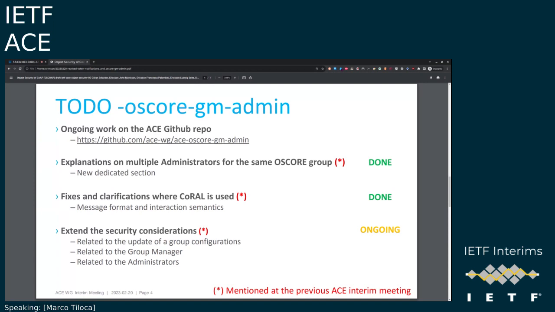I've completed a number of things, especially adding a new section discussing a number of considerations about possible multiple concurrent administrators responsible, even if to different extent, for the same OSCORE group under the group manager. And I managed to fix a number of things I noticed for the case when CoRAL is used. And then I have a list of ongoing steps that I'll try to take care of as much as I can